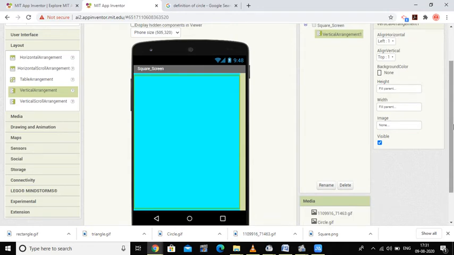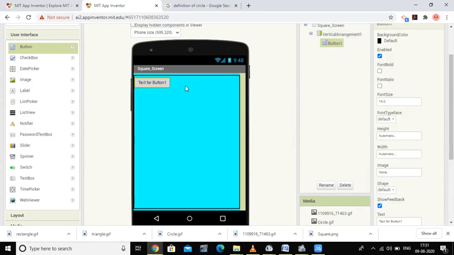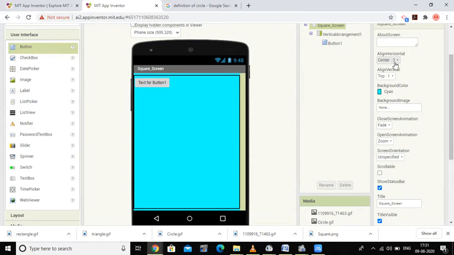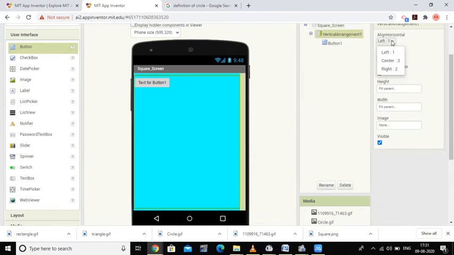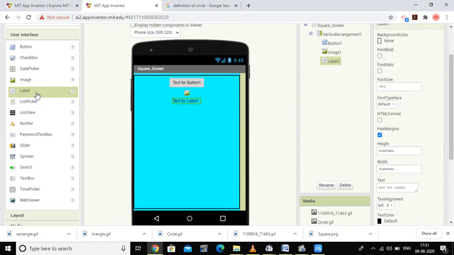Now I will add a button. First I drag one button, which appears in the center. For the square screen I have taken the alignment as center for the vertical arrangement. So this is a button. After that I add one image, then one label, and then one more label.